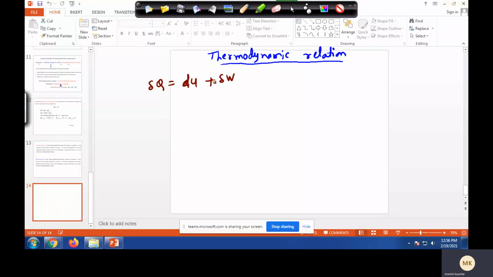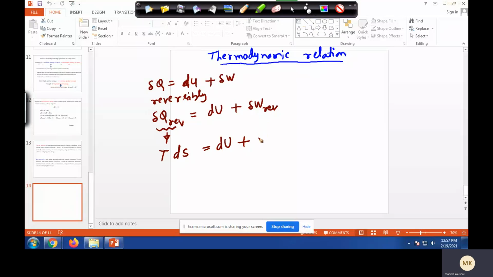plus dou W. Now, if we conduct the process reversibly, we can write dou Q reversible is dU plus dou W reversible. And I know from the second law that dou Q reversible I can write as TdS, which is equal to dU plus PdV. It simply means that, let's say, if you are going from 1 to 2,